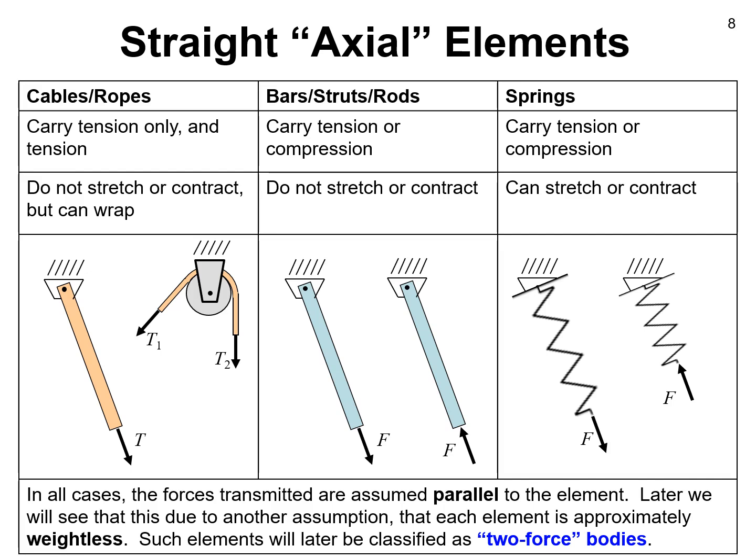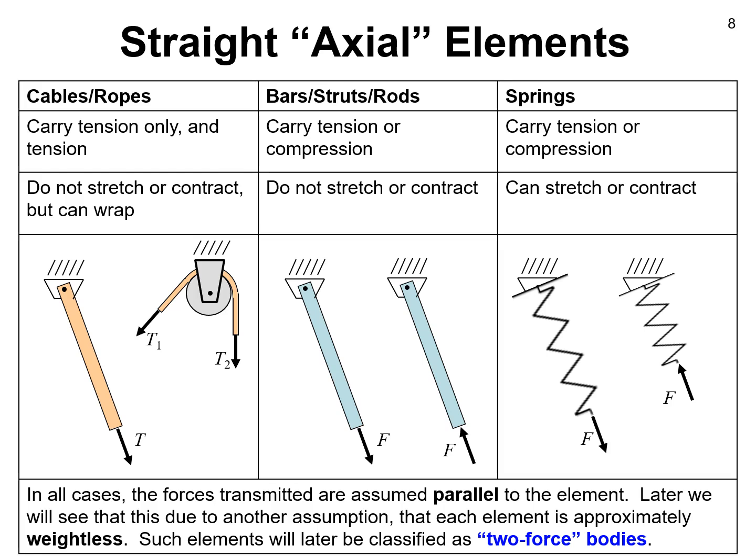tension or compression. A cable is typically straight, but it can also wrap around a curved surface like a pulley. It does not stretch, however. The cable's length does not change. A bar also does not stretch or contract. It does not change its length, whereas a spring is designed to change its length, so it does stretch or